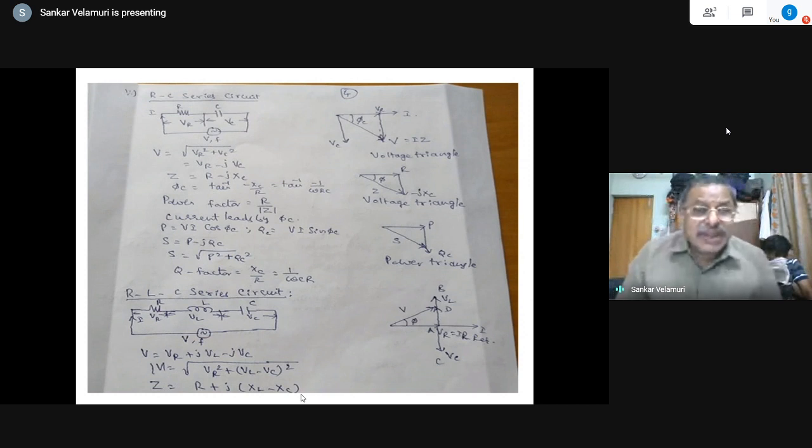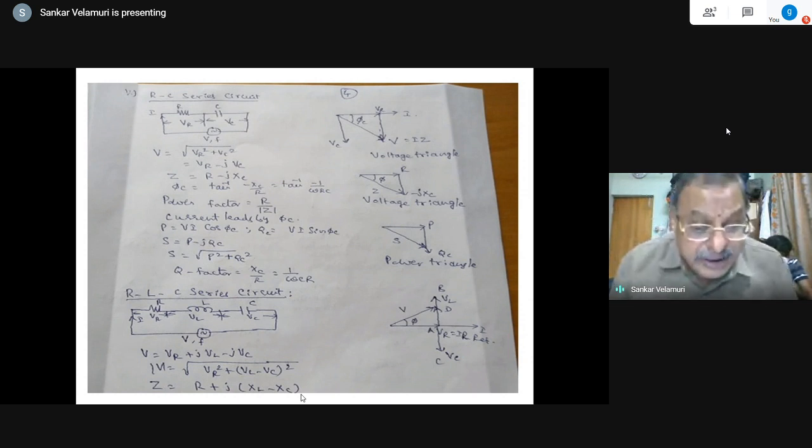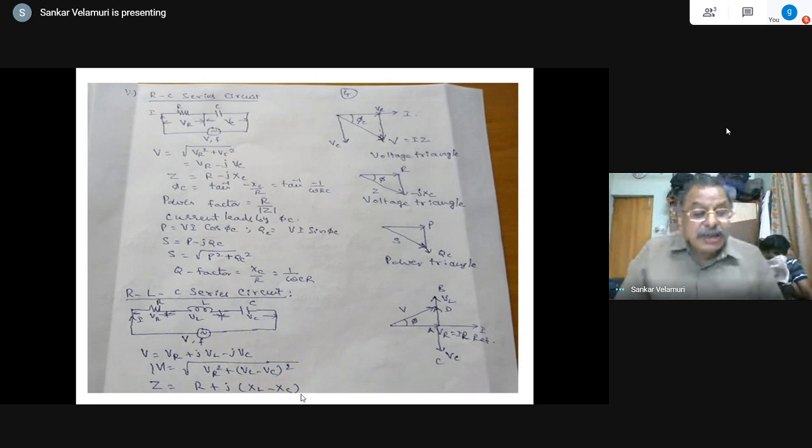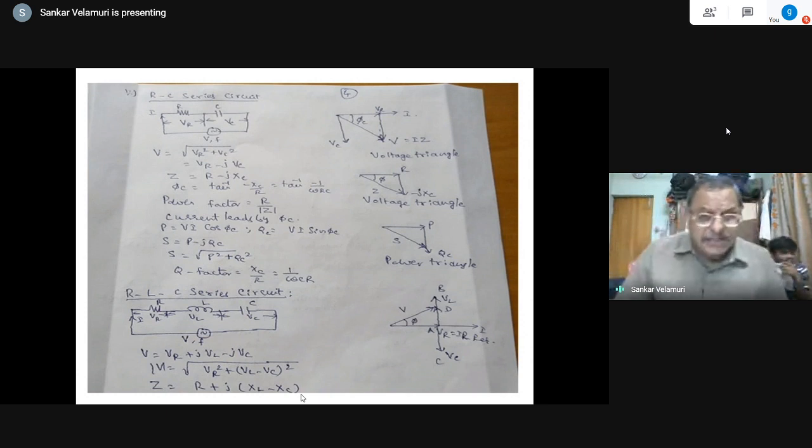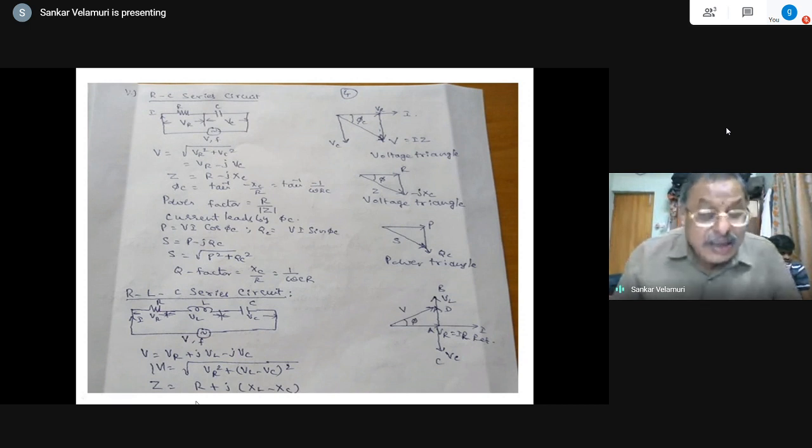So net reactance greater than 0 implies it is an inductive component. So R plus jX is the net. If XL is greater than XC, that means it is a predominantly inductive circuit. It is possible that XC is greater than XL, then the circuit is behaving as a leading power factor circuit. Here it is shown as only an inductively dominant circuit, for example. But nevertheless, if XC is greater than XL, that is, capacitive reactance is more than the inductive reactance, the circuit behaves as a leading power factor circuit.